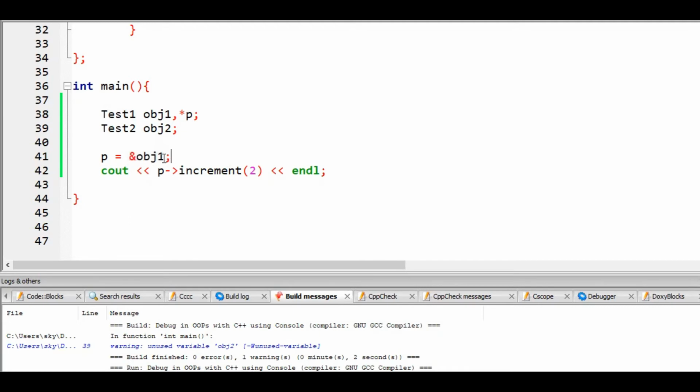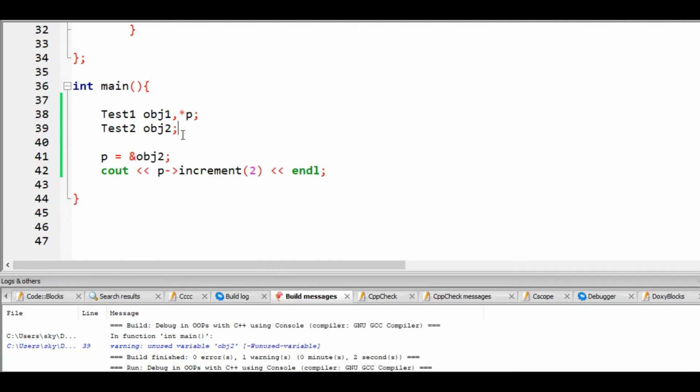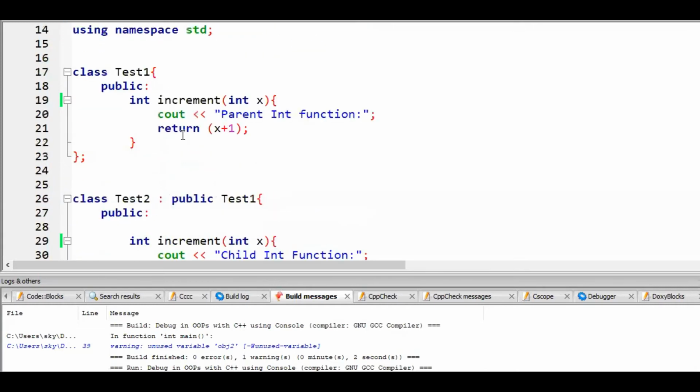But what will happen if I change it to 2? In that case, we are creating a pointer of the test1 class, and by using that we are storing the address of a test2 object, which is possible.